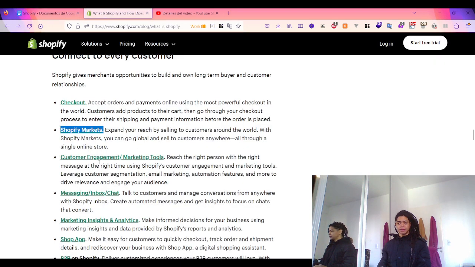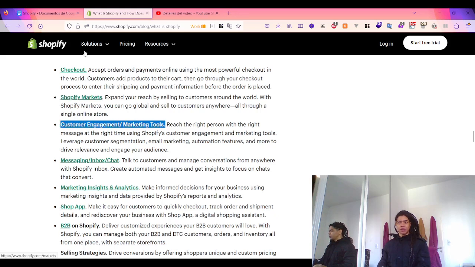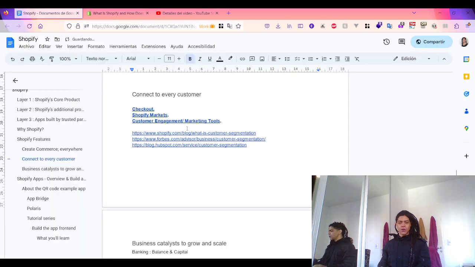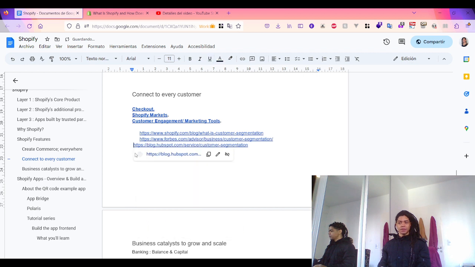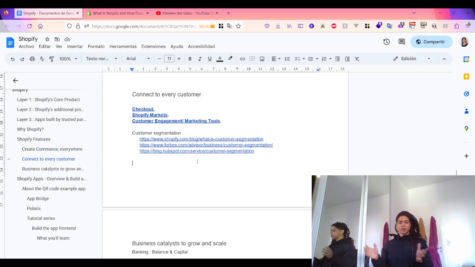Okay, like Shopify Markets, customer engagement and marketing tools. Because I am more of a software developer, I ask myself, okay, what does customer engagement and marketing tools actually mean, especially customer segmentation? So according to Shopify, Forbes, and HubSpot, the TLDR is customer segmentation is a way to group